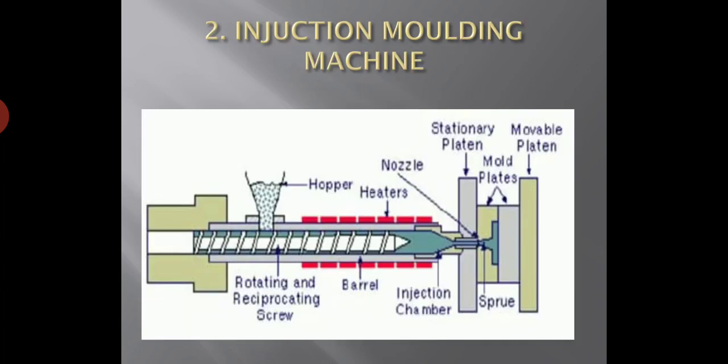Injection molding machine. The injection molding machine consists of a hopper, screw motion, heaters, nozzles, extraction pin, split molds, clamping unit, injection chamber, drive unit, hydraulic unit, stationary plates and movable plates. In the hopper, we insert the ingredients of plastic materials for the molding process. The heater is used to increase the temperature of the system to prepare the product in a good finish.